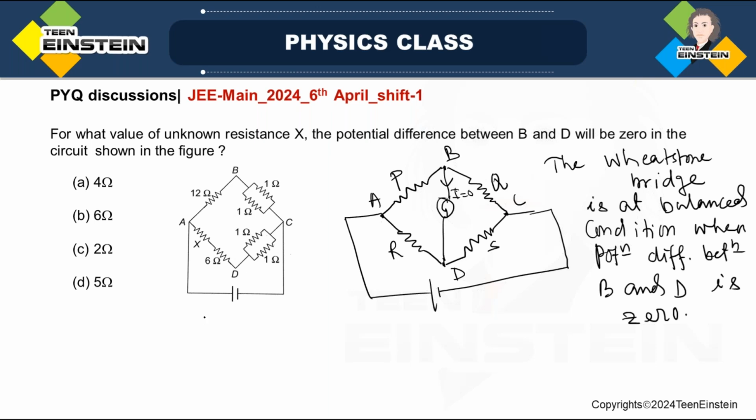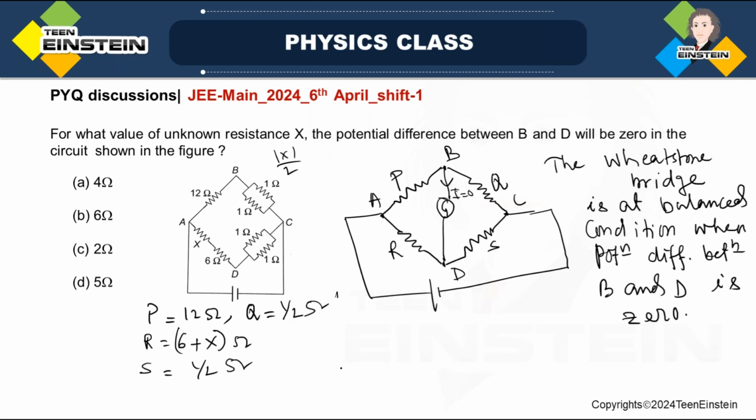condition. So I can just compare. See, if I compare, then I get P is equal to 12 ohm, Q is equal to, see, I have to get this equivalent resistance. So 1 into 1 divided by 2, so this is 0.5, or I can write half. And R is actually 6 plus X, in ohm, and S is again half ohm. Okay. Now at balance condition, what we know, P by Q is equal to R by S, right? So if I do the calculation, putting the values of P, Q, R, S after comparing,